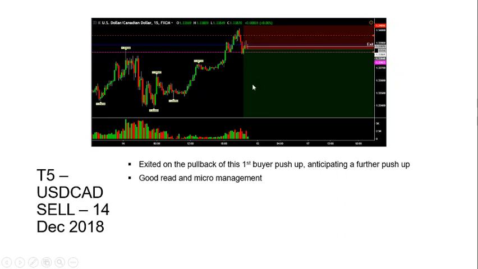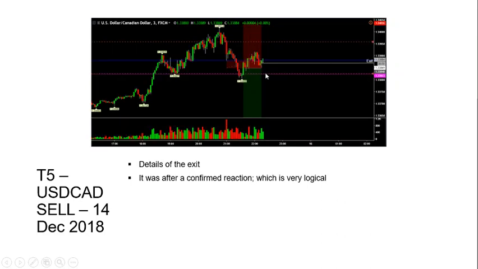I think this was an excellent read and micromanagement of the trade. I exited right there after confirmation that the buyers were kicking in again over here. This was also at the first test zone. So this is the move up, test, move up, and this is the first test area. I have some stats on this, but I've noticed that the first test area